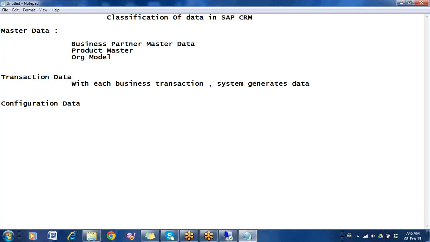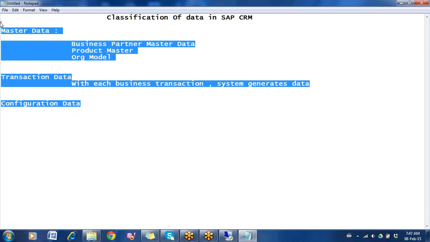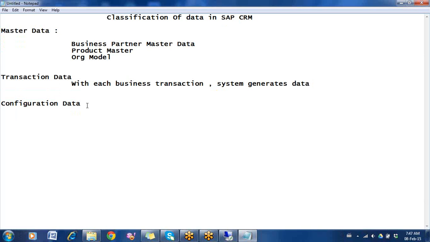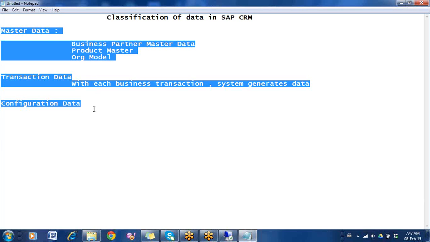Configuration data: whenever you make any configuration in CRM, it generates data that goes and saves in a table. That we call configuration data. Whenever you do any enhancement, customization or configuration, it generates data, that is configuration data. SAP classifies this not only in CRM, it is everywhere in all SAP modules. So this is the classification of data in SAP. Now we'll cover all of them. Our first thing is